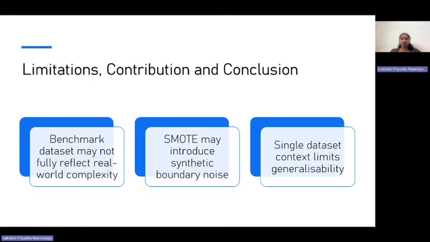So, this is one limitation. Another is that SMOTE can introduce synthetic noise near class boundaries. Even so, the framework shows the boosting based models, especially LightGBM, are highly effective for structured prediction. But minority class detection and interpretability must remain central rather than secondary concerns.